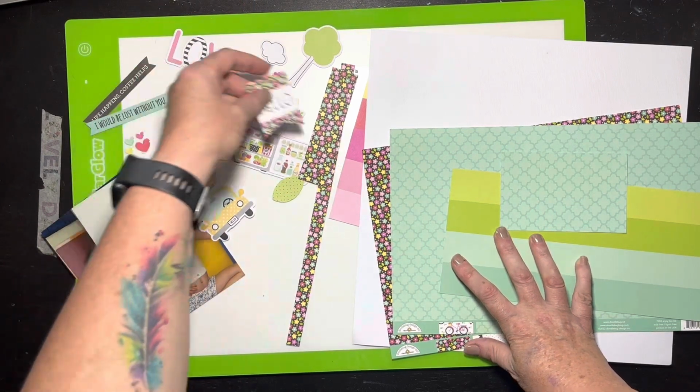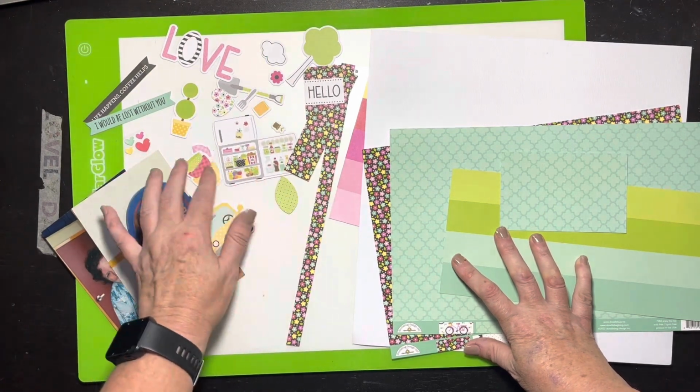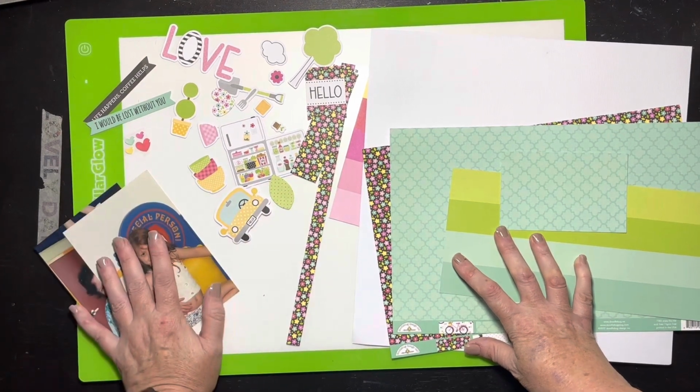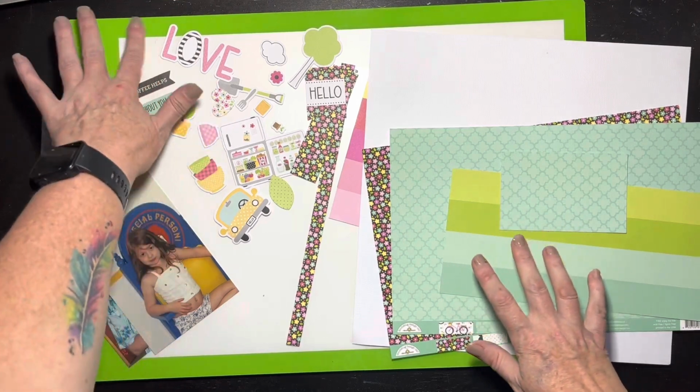And I thought, you know what? I'm just going to embrace the random on this layout. I'm just going to put all the things on there that have nothing to do with these pictures and just pretend it doesn't matter. Because it doesn't. So I'm going to,